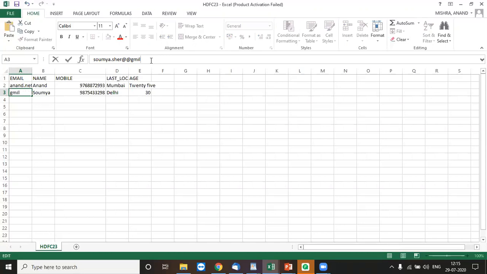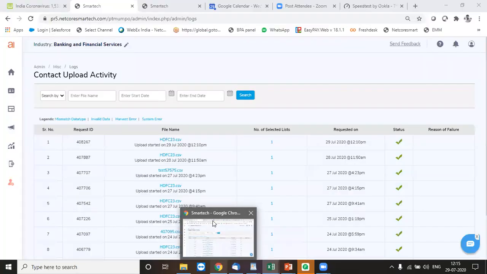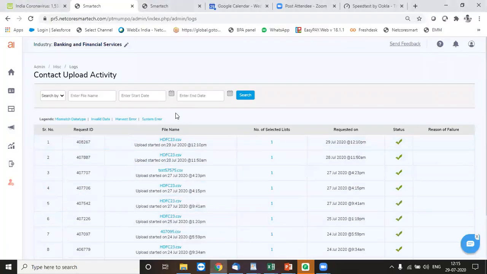So this is basically an incorrect format of data. Similarly for mobile, if I have used, let's say, only 6 numbers, this is an incorrect format. It's less than 10. So these things are tracked as incorrect data type, invalid data.